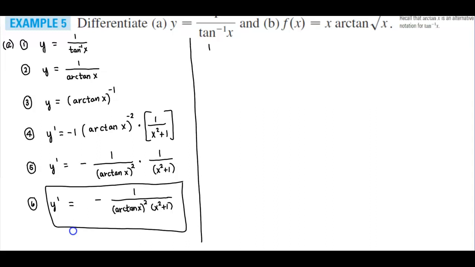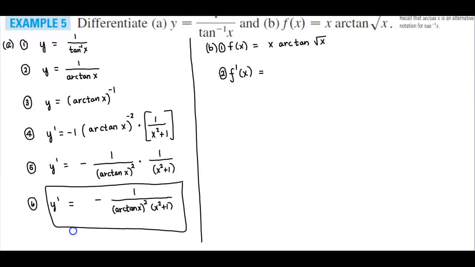Now let's take a look at part B. Part B, it says find a derivative of f of x, which is equal to x times the arctangent of the square root of x. Okay, so we have f of x, which is equal to x times the arctangent of the square root of x. So if we want to find the derivative of this function, it's going to equal,